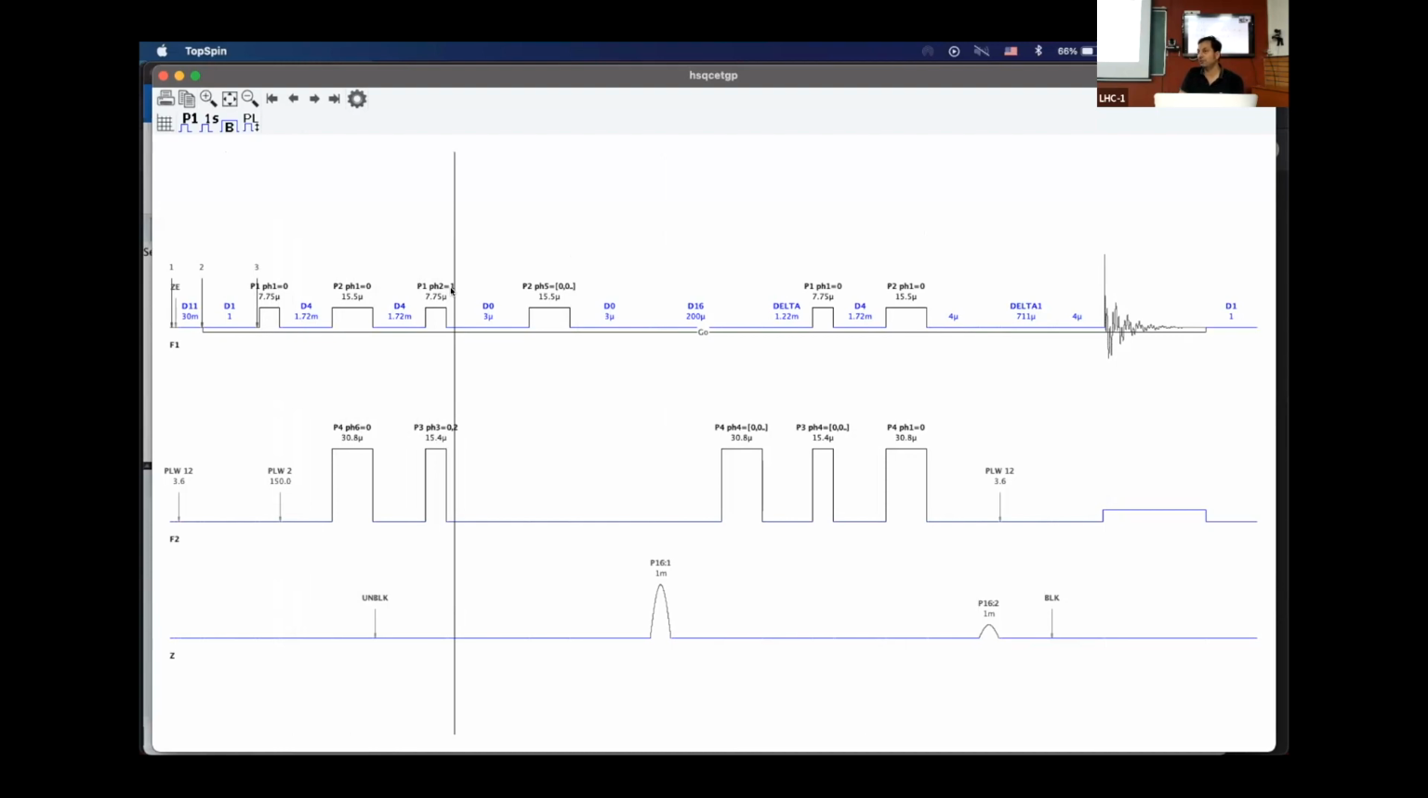These are the theory that you learned, where you end up keeping the phase orthogonal to one another, and you generate the single quantum coherence term. Then in this part, you see D0, which is T1 by 2. You apply the 180 degree pulse right at the middle of T1 by 2, and then you have T1 by